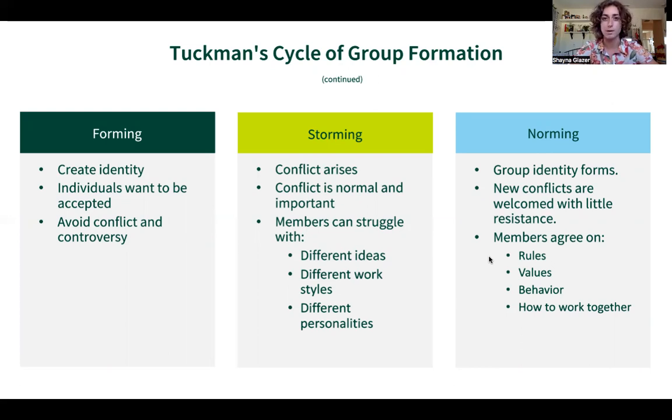create issues among members. The next part of the cycle, norming, is where the group identity is really formed. The hump of initial conflict has been surpassed, and people tend to stay aware and more open to handling conflict. Members of the group consciously or unconsciously agree on certain rules, values, behaviors, and beliefs on how to